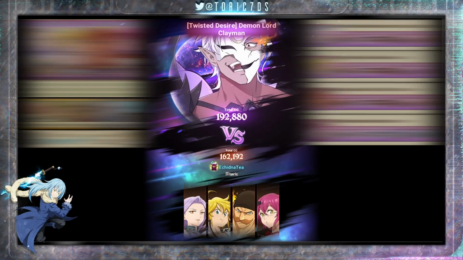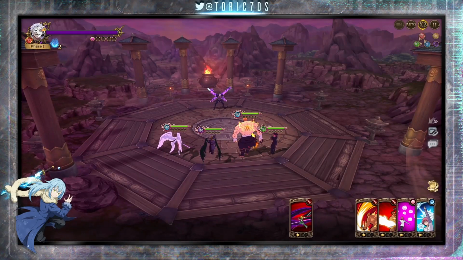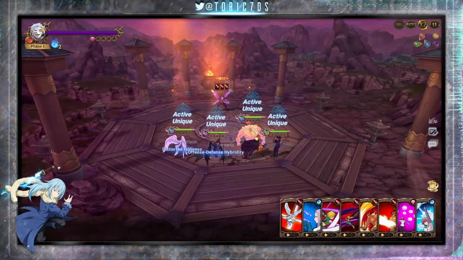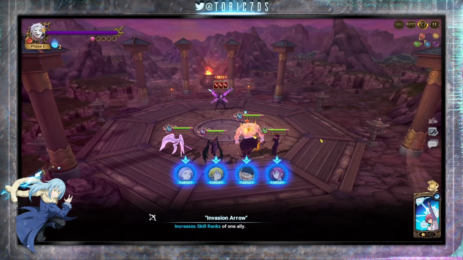The Slime collab brings us a new event boss battle to complete. We have Demon Lord Clayman, and we are running this on Extreme. There's already been a handful of comps that have been released. A lot of them can do it on auto. This team can perform on auto as well, but we are just going to do this on manual for some